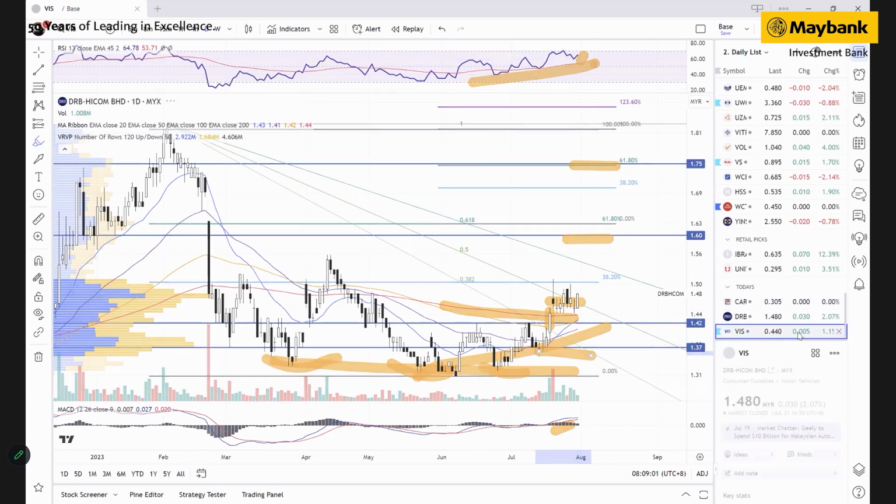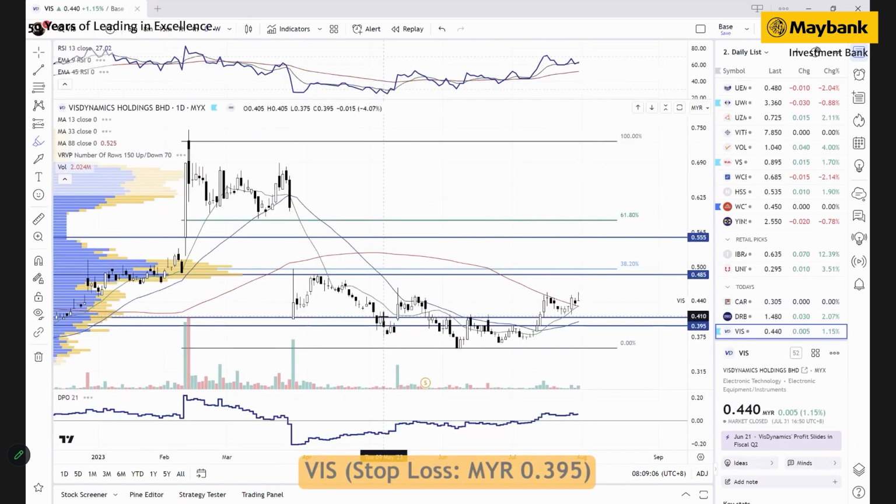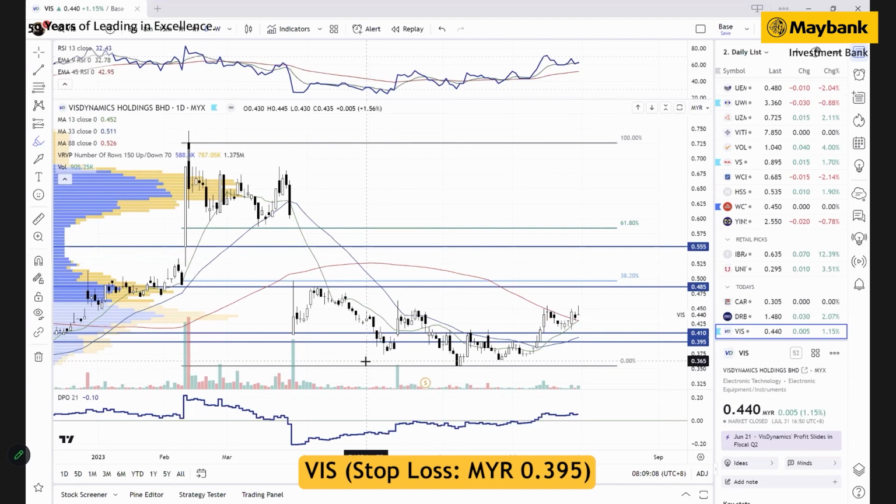Last but not least will be VS Industry. The reason why we highlight it is because the stock has a similar pattern to DRB just now, but it is forming a quite larger rounding bottom pattern. This rounding bottom could signal a bullish reversal move, and you see a spike of the volume profile over here, suggesting that plenty of accumulation has been done,